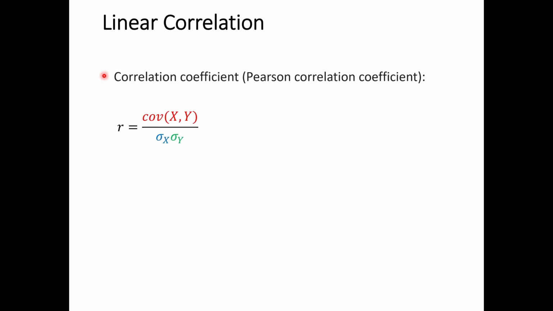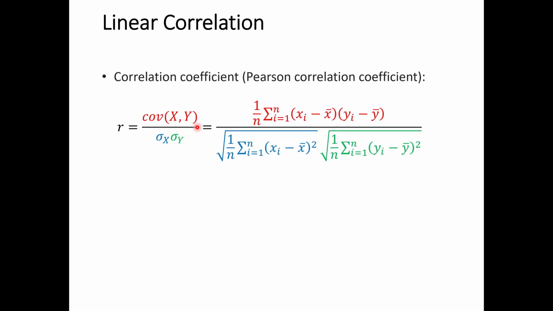The correlation coefficient is the covariance normalized by the product of the standard deviations. Let's recall what that actually means. The covariance of two variables is the average of the product of their deviations from their respective means. It shows how the variables change together. It's the combination of these two differences, as we'll see in a moment, that determines the sign of the entire